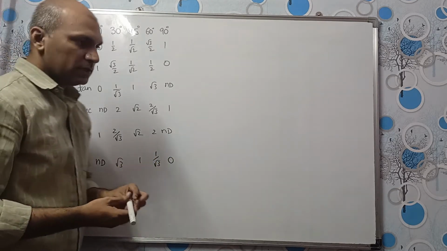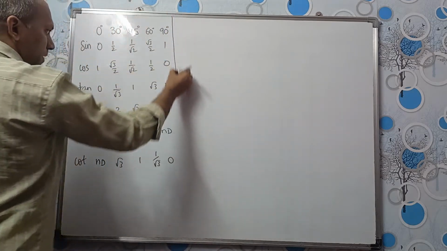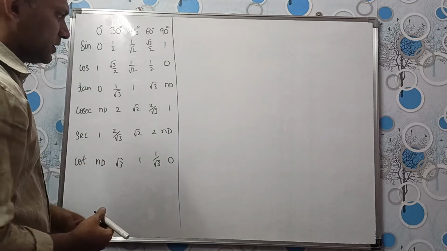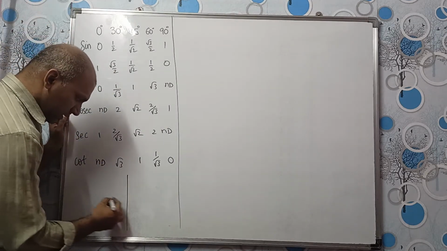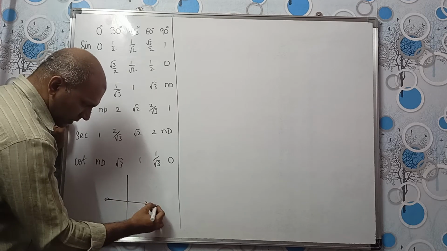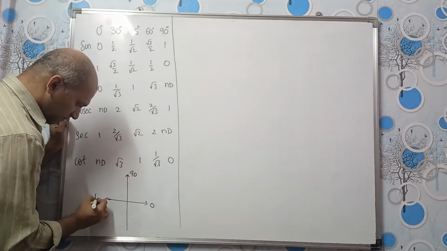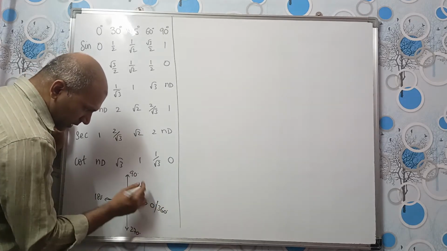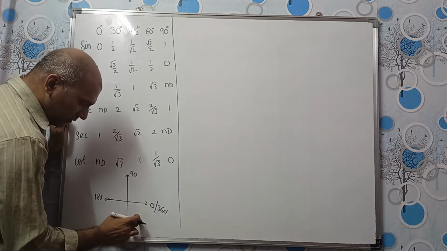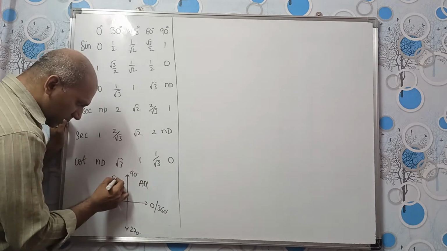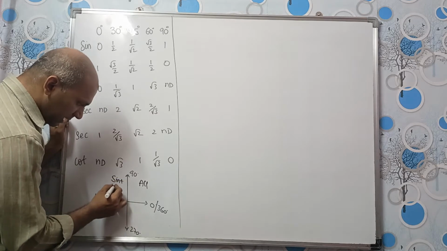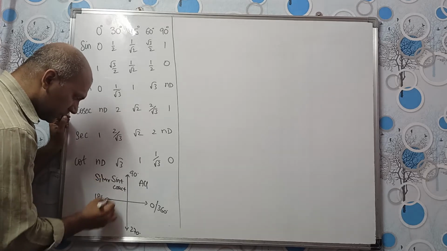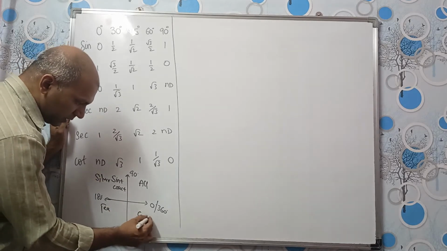We studied this much in the 10th standard, right? So we studied only the first quadrant values, and everything will be positive in the first quadrant, right? See this, if this is 0 degrees, here 90 degrees, 180 degrees, and this is 270, and again 360 will come here, right? This is first quadrant, second quadrant, third and fourth, all silver. Okay, that means sine and cosecant will be positive, all silver. We have studied this concept, all silver, teacups, in the previous videos also, right?